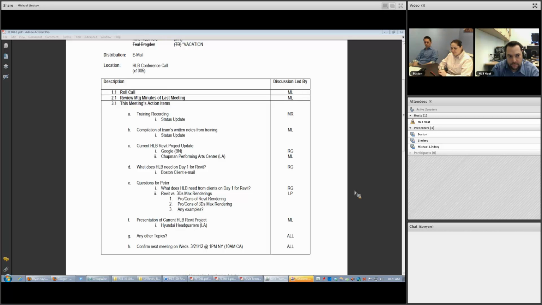The other project I have here on the list is another LA project that I'm working on. It's a performing arts center for Chapman University, which is down in Orange County, and I had a kickoff meeting a couple of weeks ago for the CD phase. We haven't started documentation. We're still talking design with them. But I anticipate that we'll be kicking in with documentation probably in about two weeks.